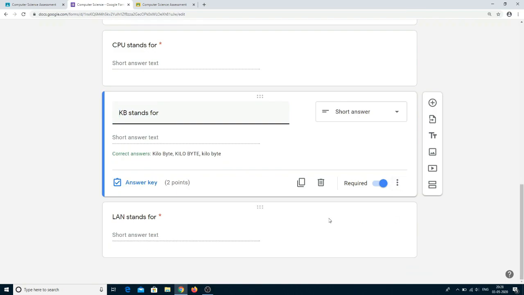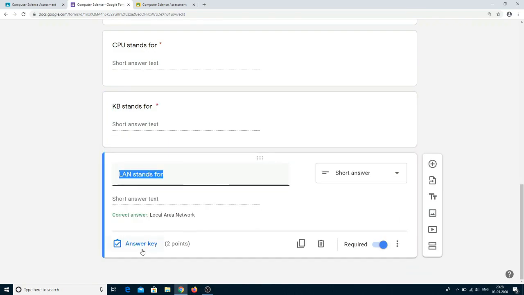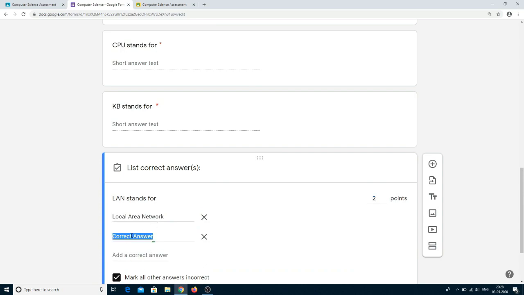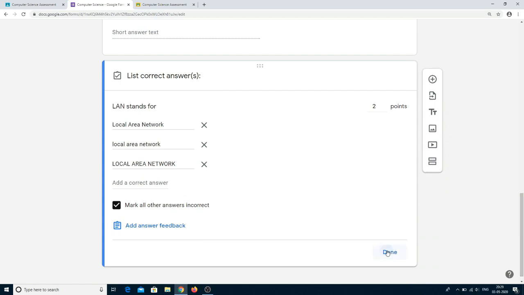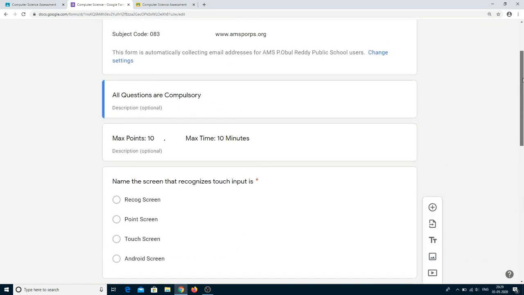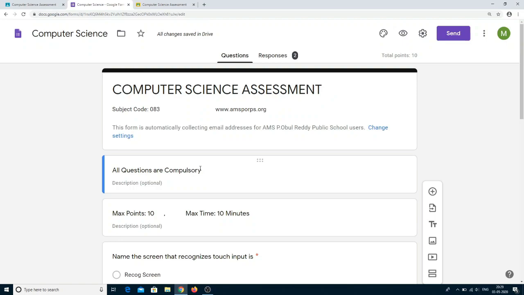For the third question also, the teacher can make the changes here in the answer key. All three options we are giving. Otherwise we can do one more thing here: we can give an instruction.